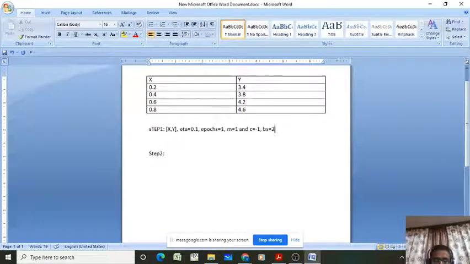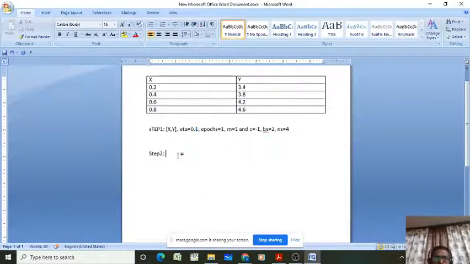Now, if the batch size is equal to 2, what is the NS? NS means the number of samples in the data set, that's equal to 4. BS is the batch size initialized. M and C values are the model parameters, with initial values 1 and -1. Number of epochs, I want to run this iterative algorithm one time, and eta, the learning rate, is equal to